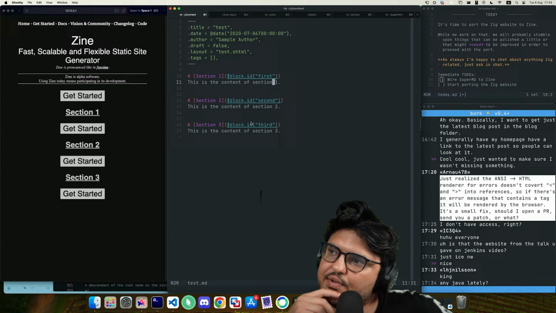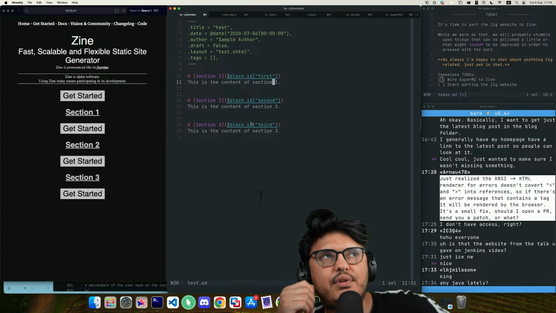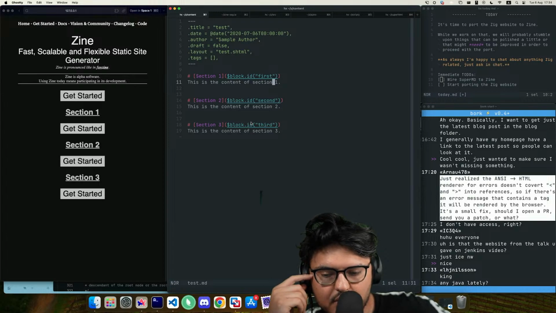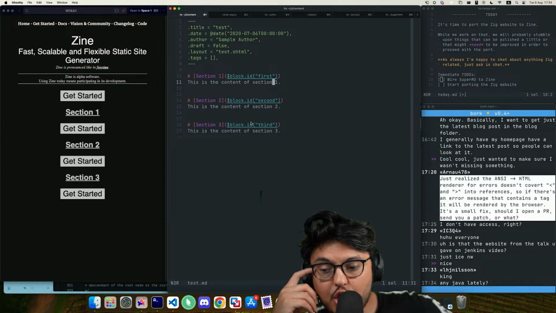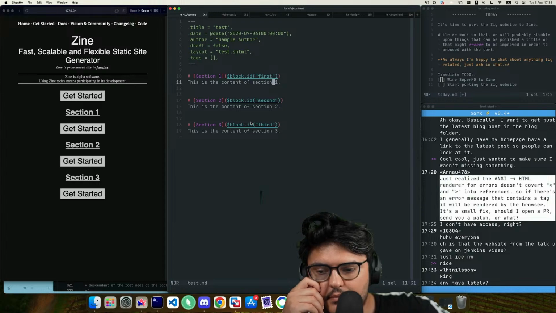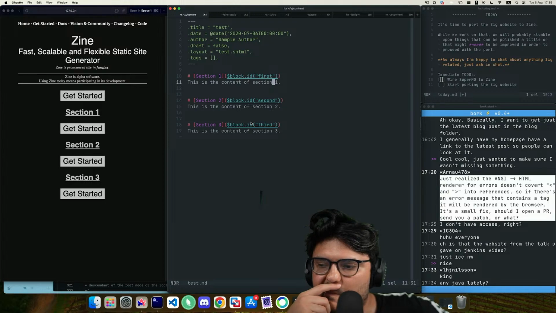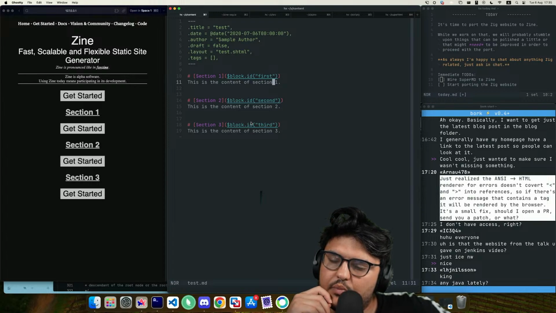So how do we do this? So one option would be to mutate the AST. We could mutate the Markdown AST, and mutating the AST could yield us something. But I'm really thinking that there's more to gain by just looping.